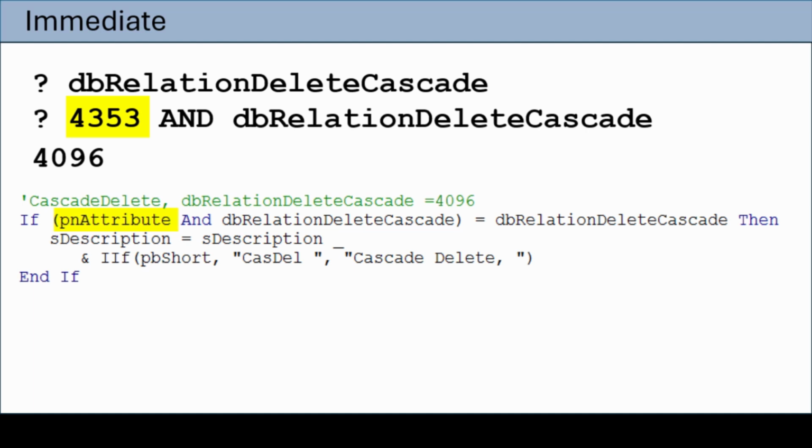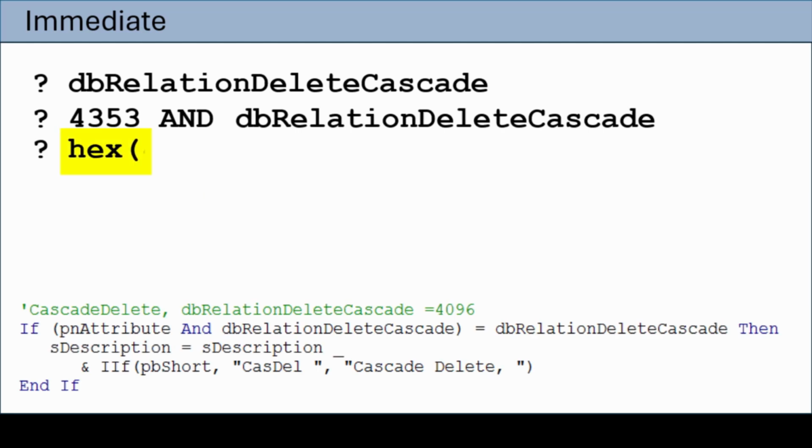So I want a situation here where the PN attribute is ANDed. You take the AND process and you get the two numbers together, and the result is 4096. Because what you're saying is, let's AND these two and see if dbRelationDeleteCascade is included as one of the bits in the 4353. You can't show binary, but you can say hex. So do a separate line if you can. Do hex, so the hex function,